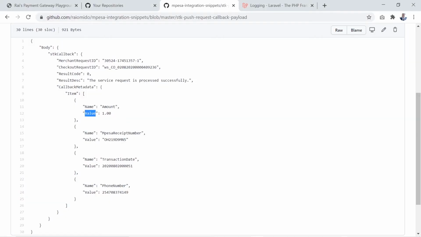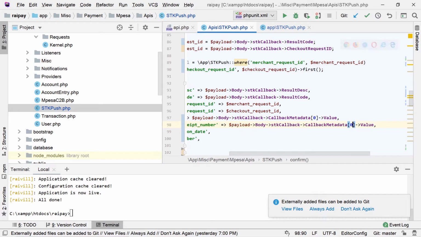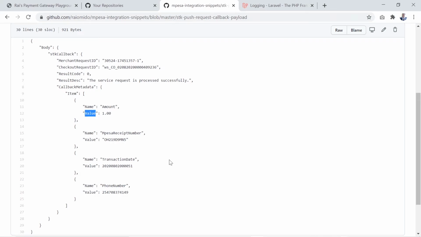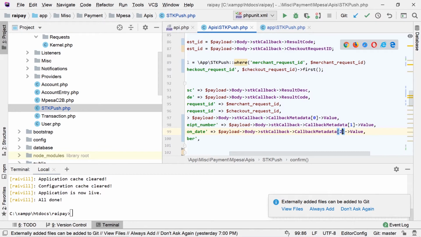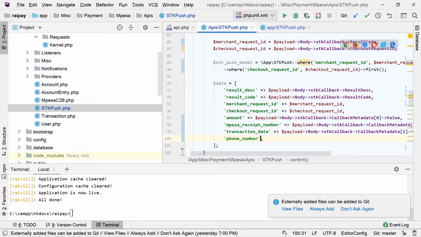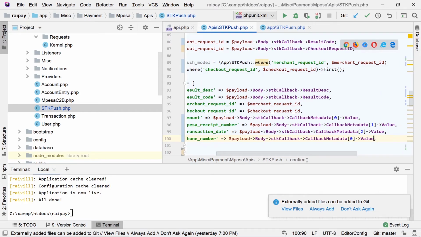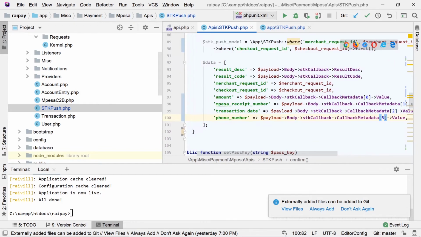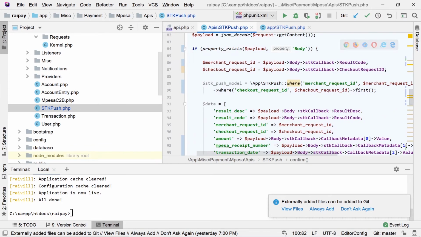The Mpesa receipt number is the second index, and the second index is index 1. Transaction date is the third index, and the third index is at 2. And lastly, the phone number is the fourth index, and the fourth index is at 3. Sorry. So cool. So now that we have our data from the payload,